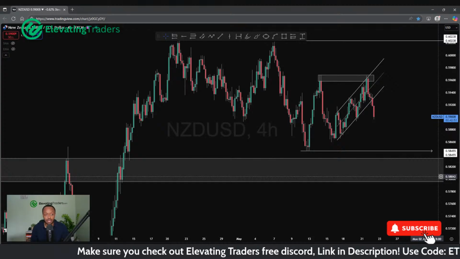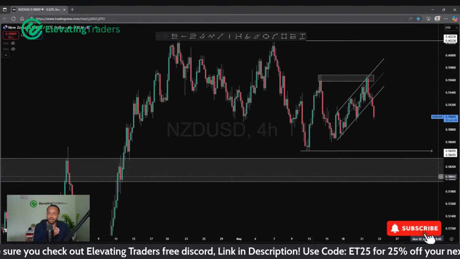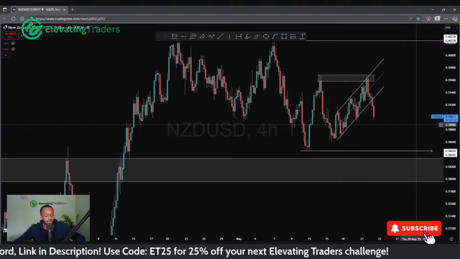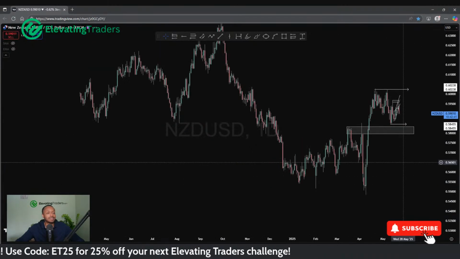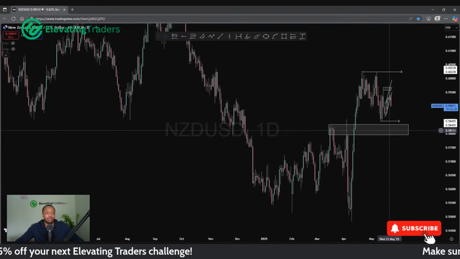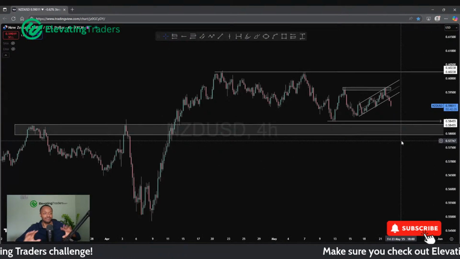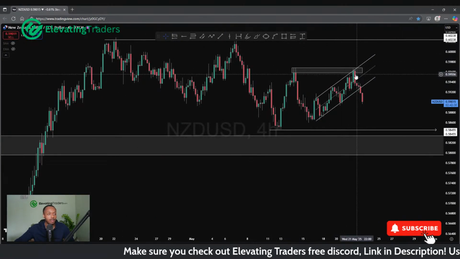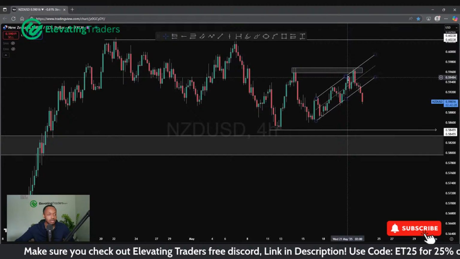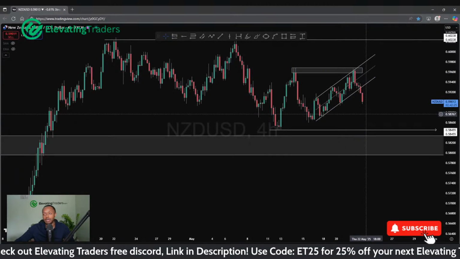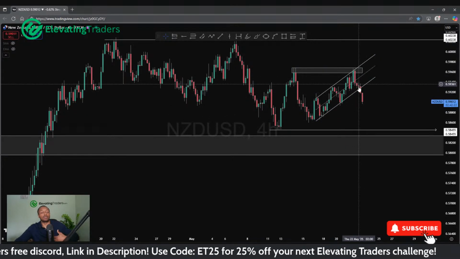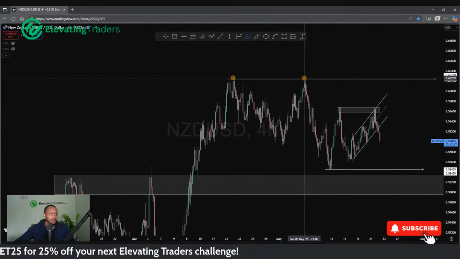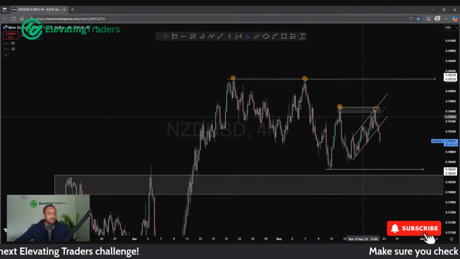But in terms of NZD/USD, you asked me about a long. I am very bullish on this one longer term. I do think there's a lot more upside to be had with NZD/USD, but I am looking at this area here for a buy. So at the moment, we're in the middle of nowhere a little bit. We just respected some resistance very well, yesterday afternoon. We've broken out of this ascending channel, so it looks like momentum spilled over and we're looking pretty bearish right now. Possibly putting another double top in, actually, just like we did over there.